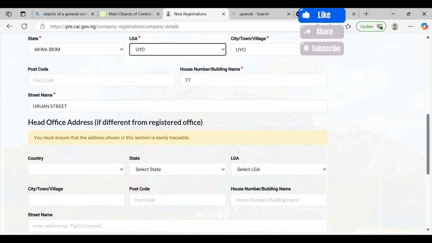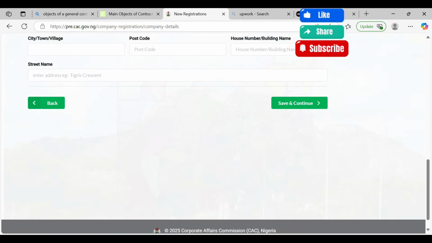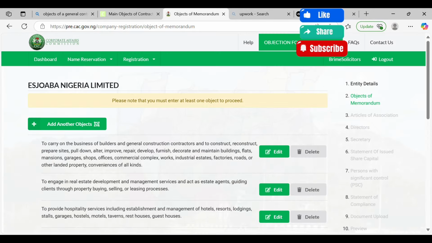Then for street name, you're just supposed to describe the name of the street, the road, the avenue, the estate here. You're not supposed to bring the number down here to write. Such things can be queried. Then when you're done, you click on save and continue, and it takes you to the next page,